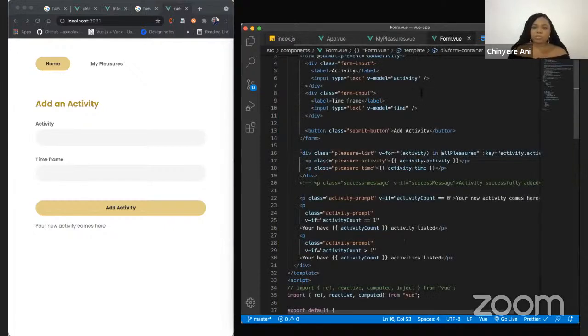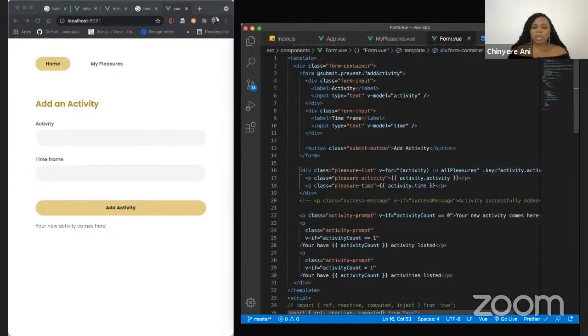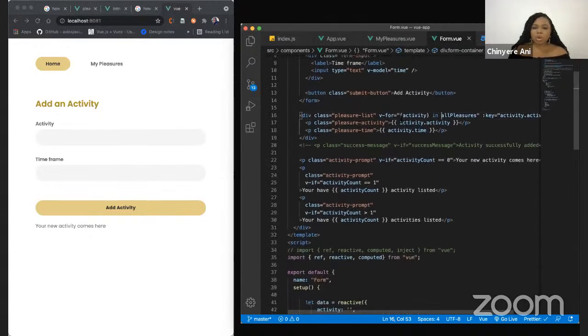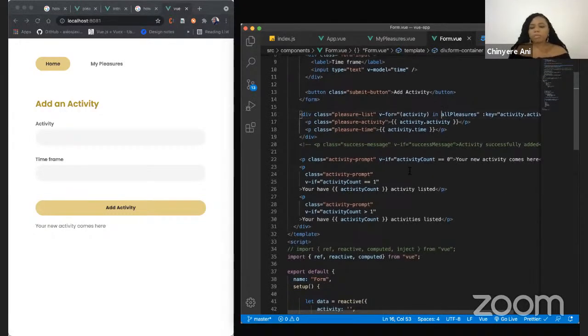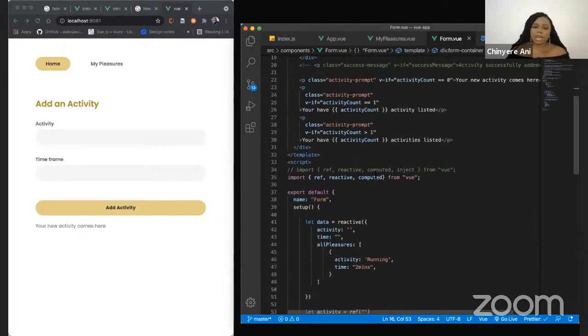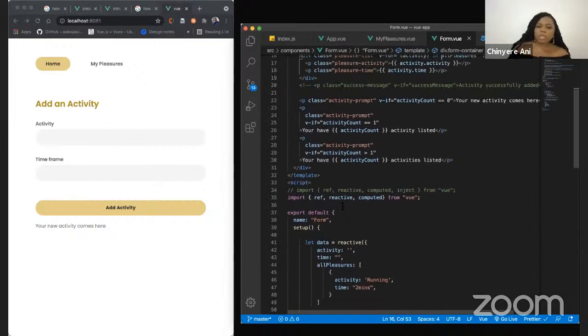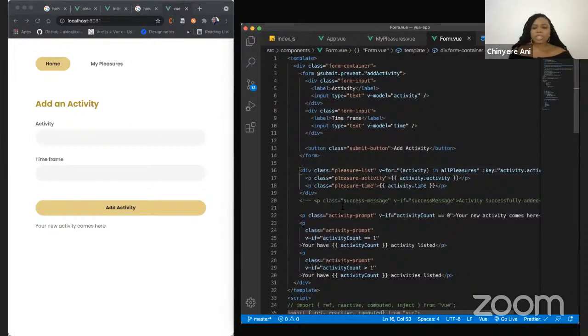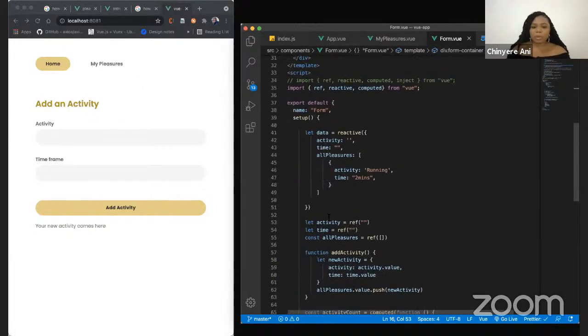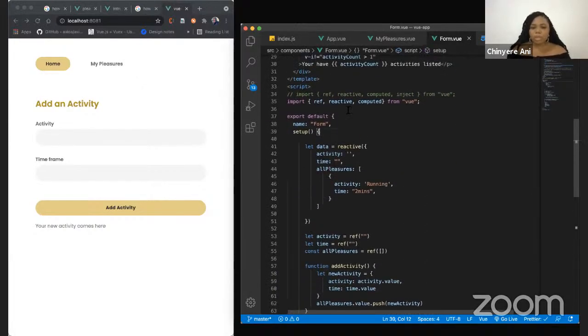So if you come to form now, you remember that with the two-way binding here, you need to declare and then pass it. But with the store, if you're using Vuex, you need to maybe pass your data to the getters, then come to your computed property to fetch the data or return the data before you can use it in a component. But with Vue Composition API, you can reference it directly. So here I already have, oh no, I don't have it yet. So I need to import